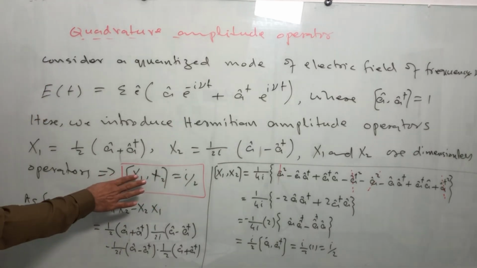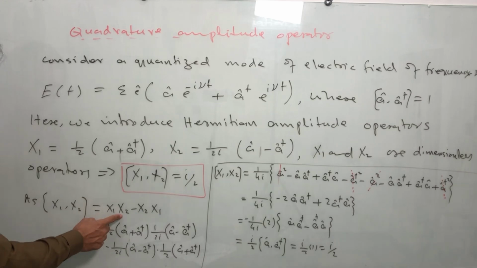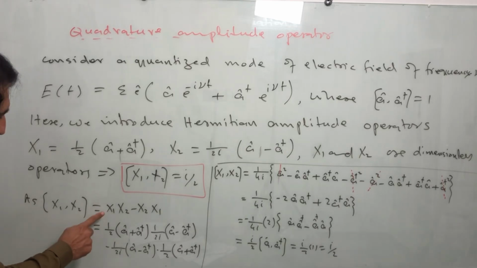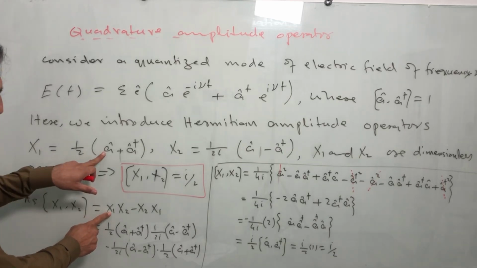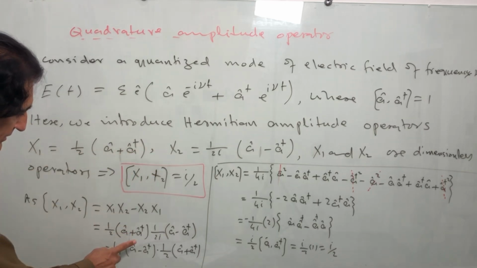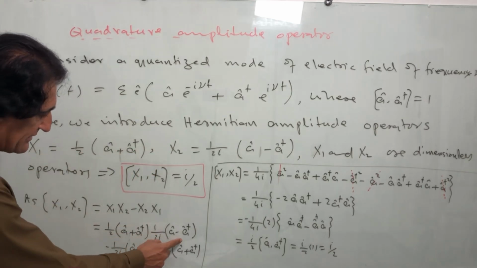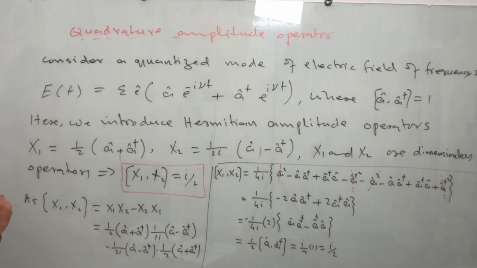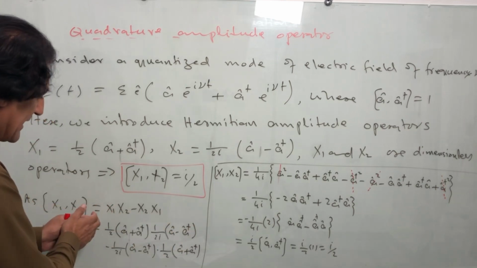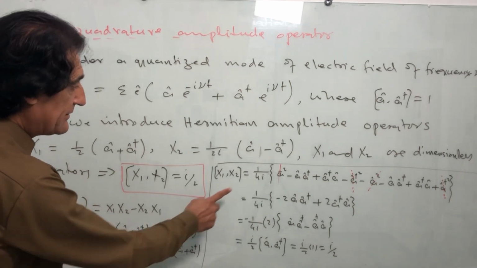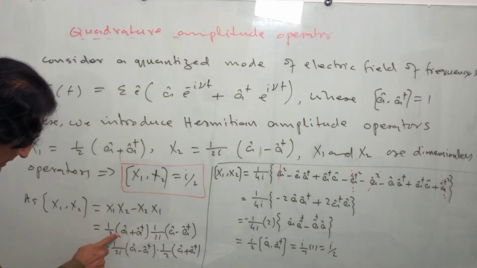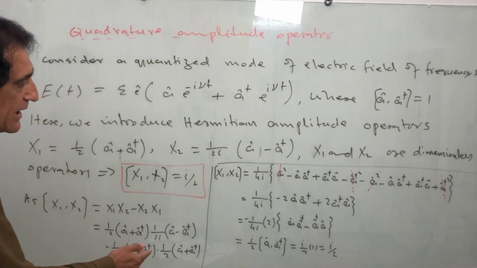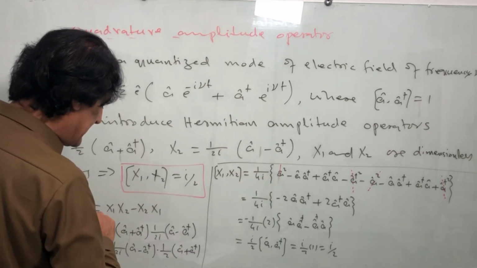Let's consider the left hand side, the commutator [x1, x2], which is equal to x1 x2 minus x2 x1. This is the commutation relation that we can write. And further, the value of x1 from here and the value of x2 from here, we can put, this is x1 multiplied with x2 minus x2 times x1. And further, after some multiplication, we take 1 over 2i common. So 1 over 2 and 1 over 2i, it means then 1 over 4i, and here 1 over 4i, so I can take out 1 over 4i common, and then after